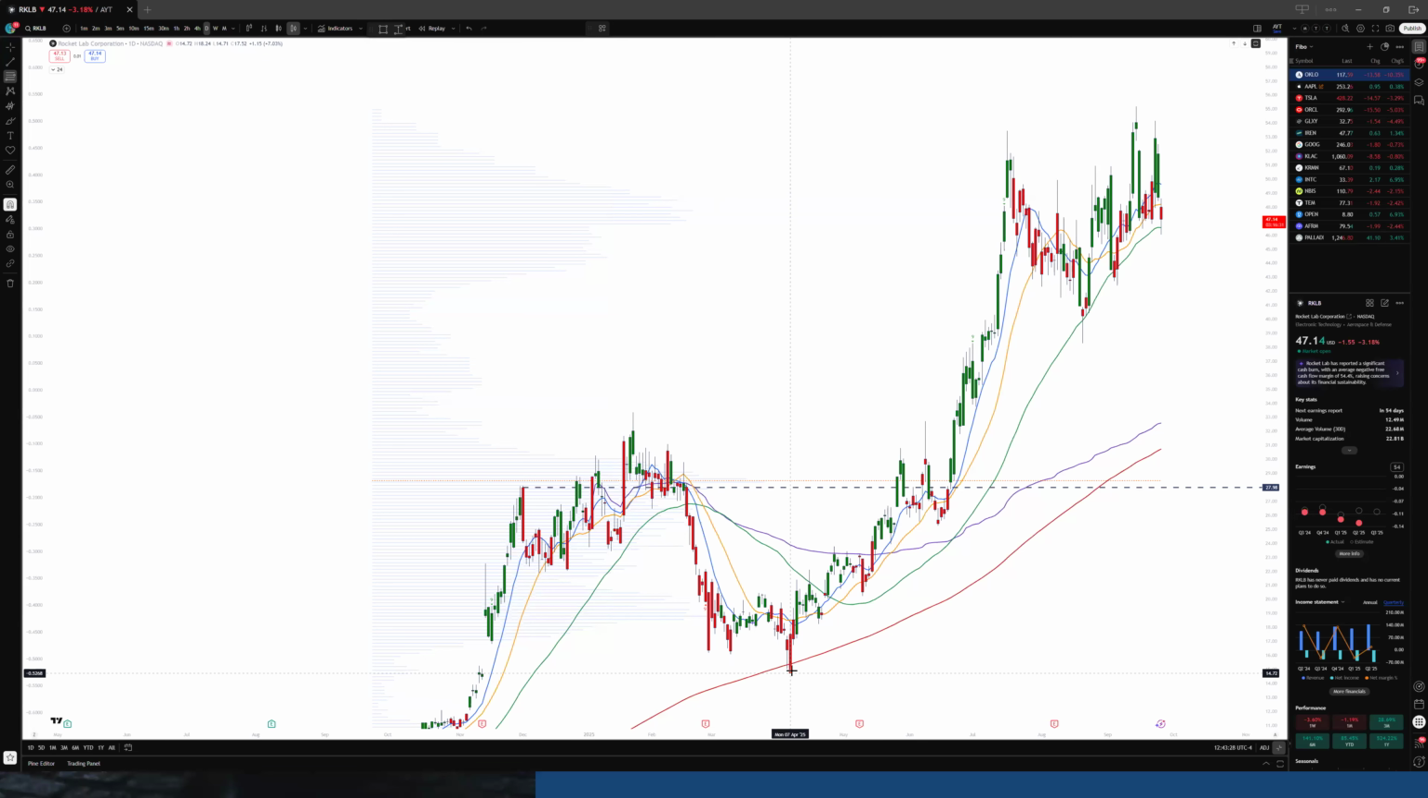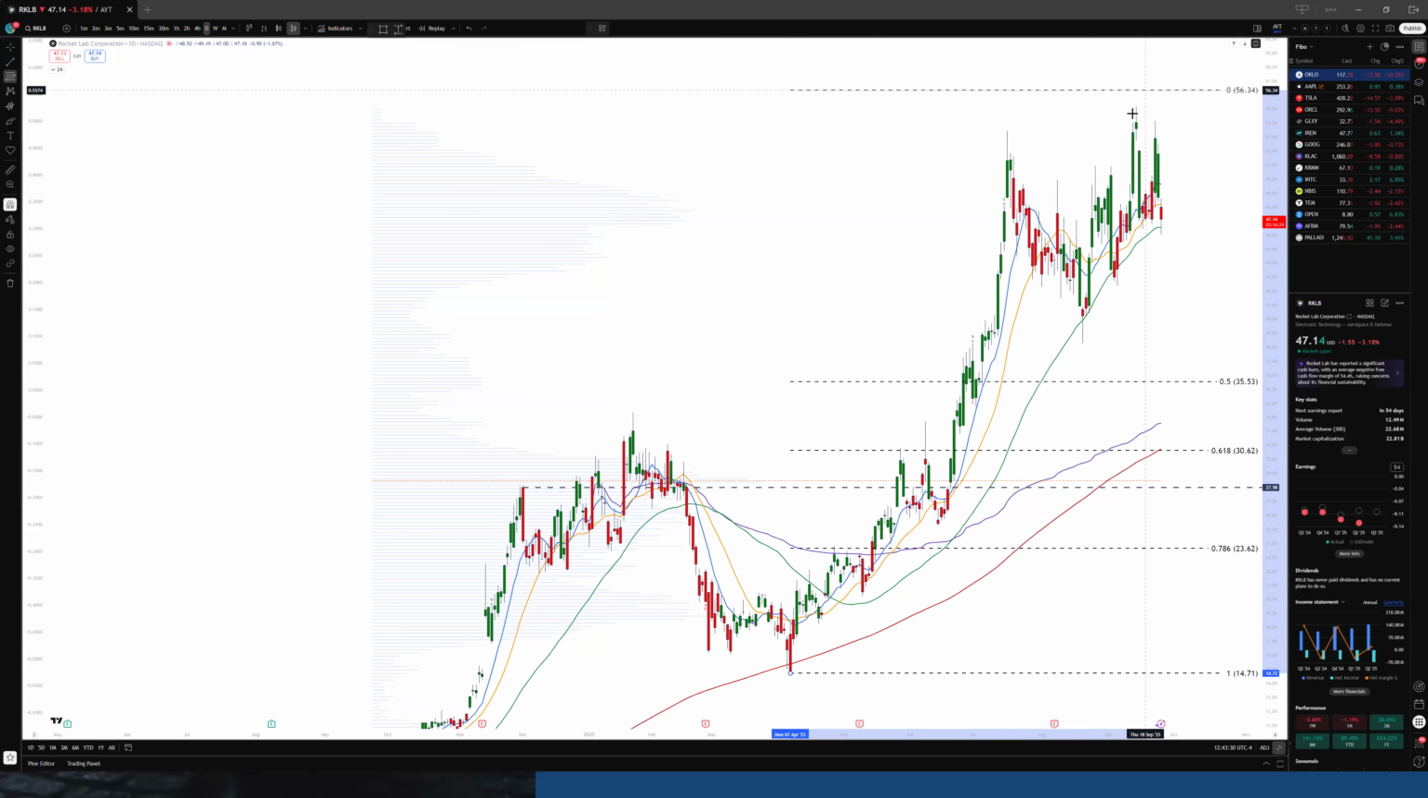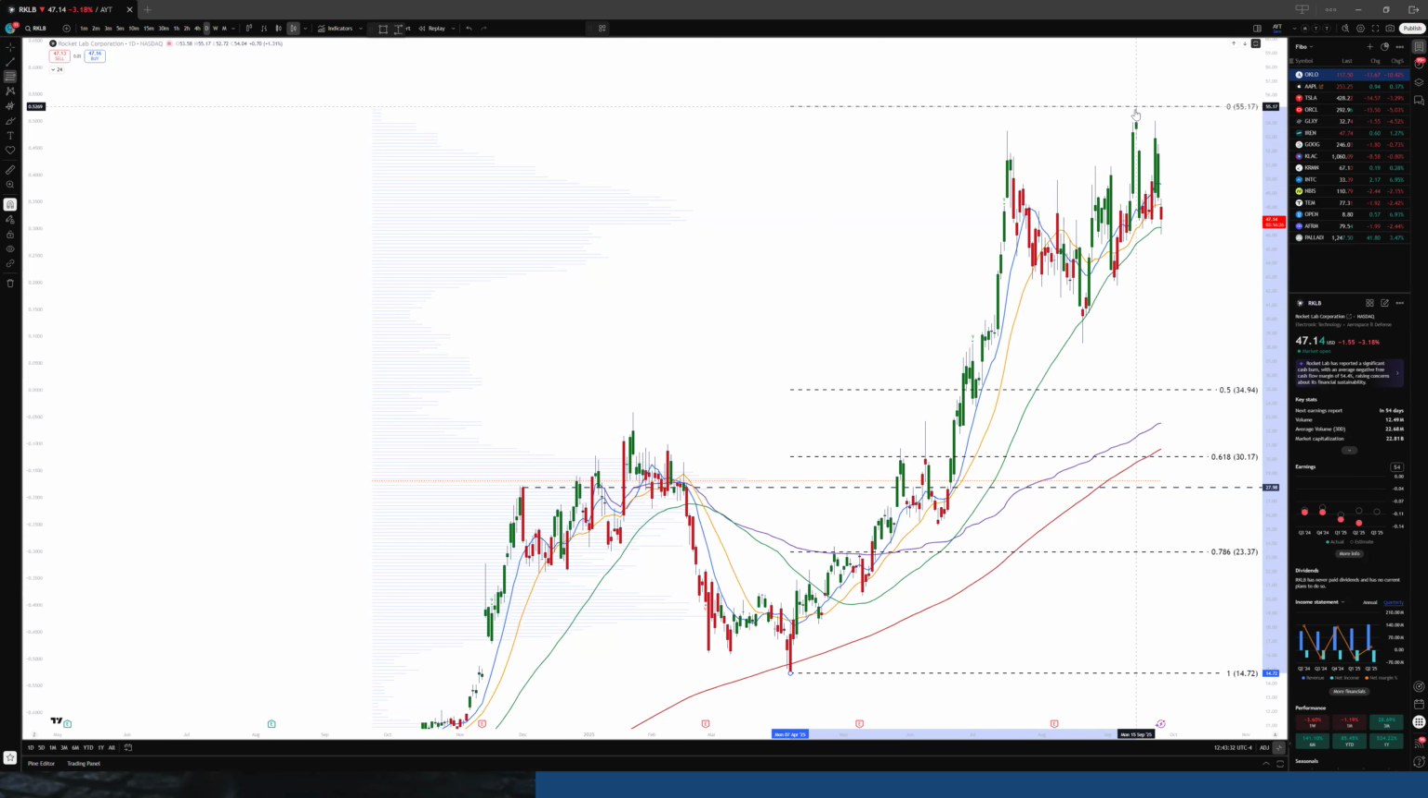So let's take the low that was around the 200-day, go to the recent high. Say we start getting a really big correction going here. Where are you going to want to start looking at it? Into this golden zone area, right? The 50 and the 61.8. So say